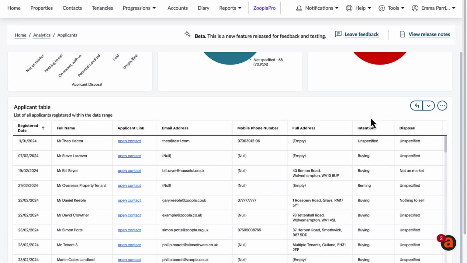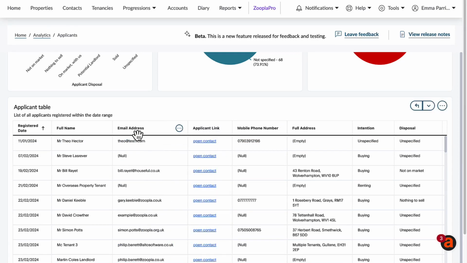Alternatively, maybe I want to reorder the columns. So maybe I want the email address immediately appearing after their name, so I can grab hold of that column and I can drag it to the left so it appears exactly where I want it in that table of data. Now, it's worth being aware that these changes are only temporary. If I was to come out of the analytics and then come back to it again, it would reset back